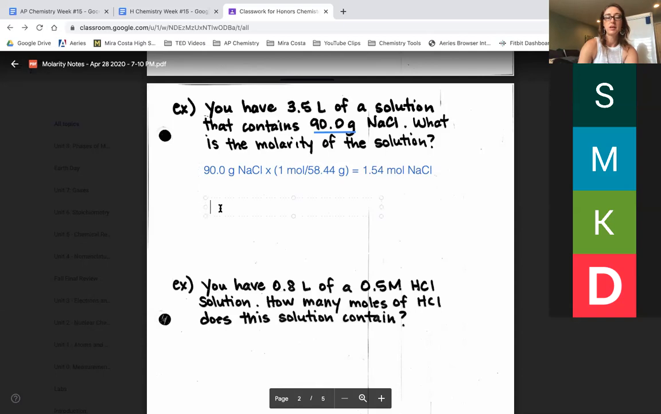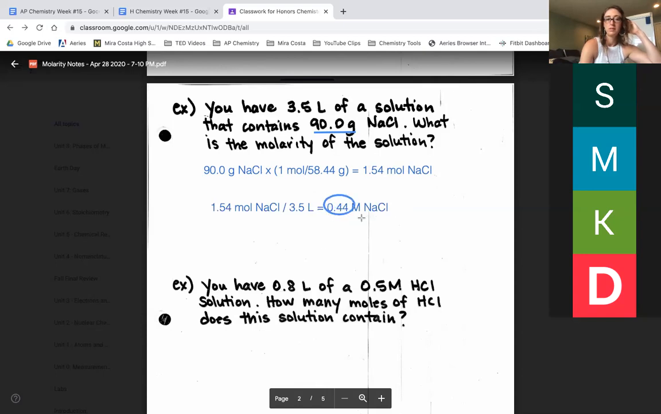And then I can just say, all right, moles of sodium chloride, and I divide that by the volume of my solution. Then I end up with the molarity, which is going to be rounded to 2 sig figs because the 3.5 keeps that to 2 sig figs. So it would be 0.44. So that's what I would do: I'd go over to my scale, I'd measure out 90 grams of sodium chloride, I would fill it to 3.5 liters of solution,